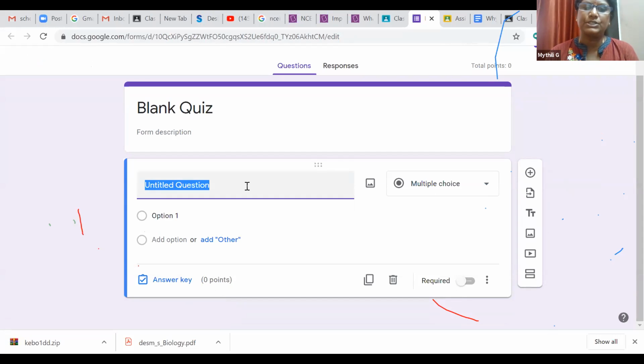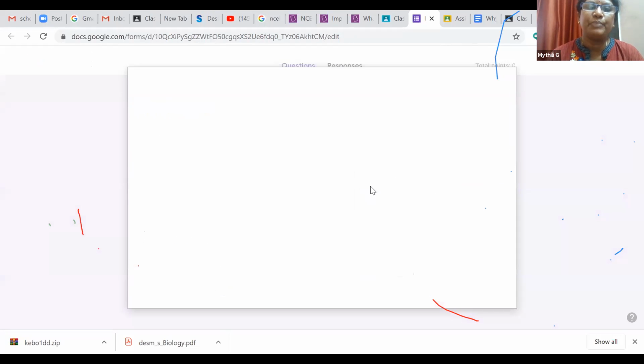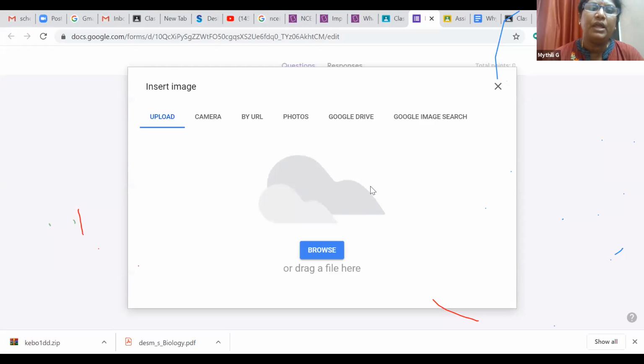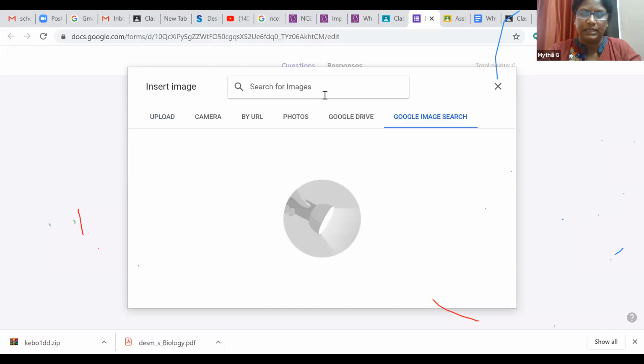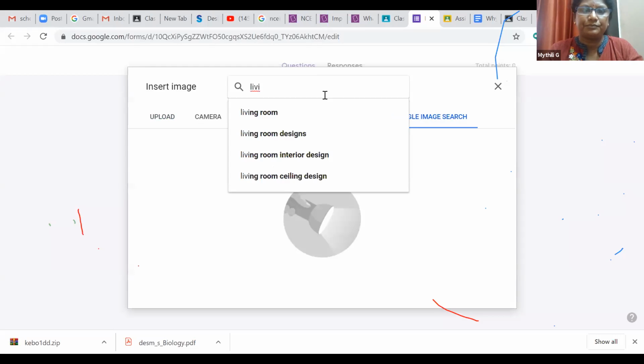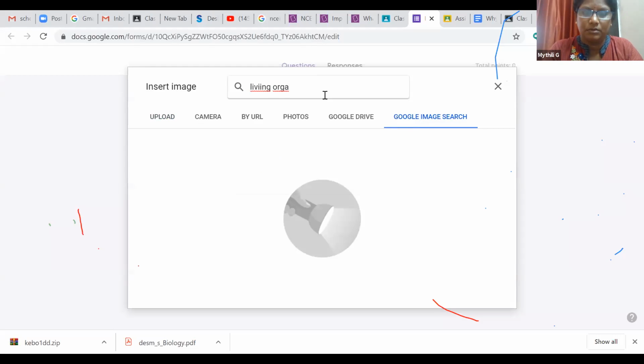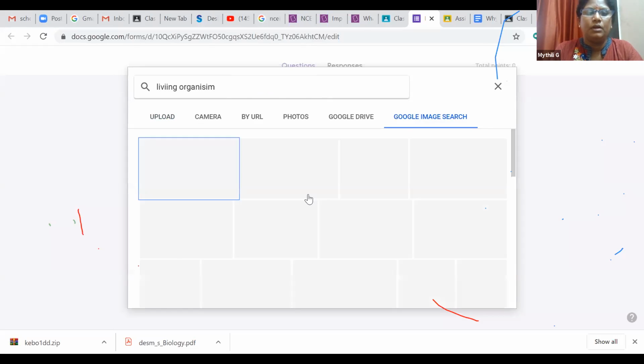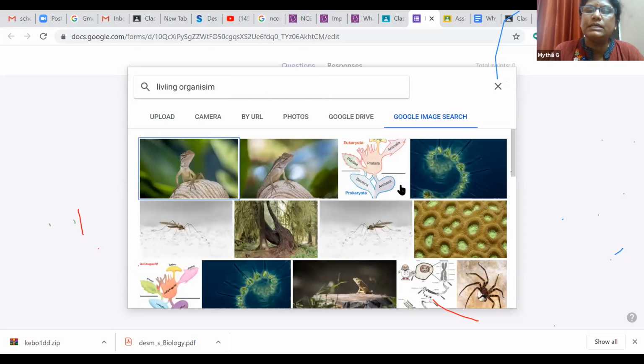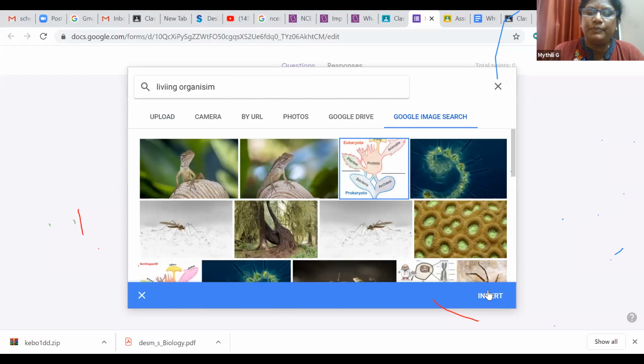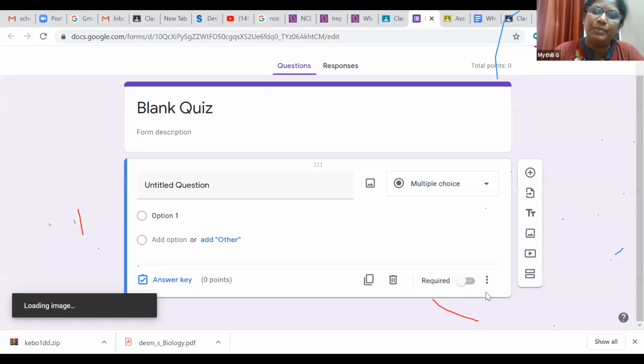For example, here also I can give instructions to the student. If I want to add a picture, I can select it from the camera, or from the Google image search also. So I can insert some pictures in this Google Form itself.